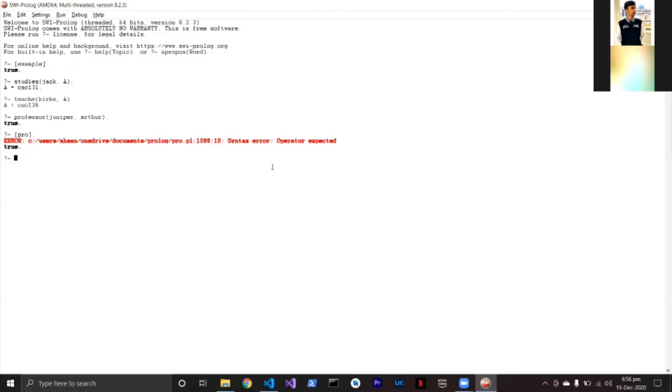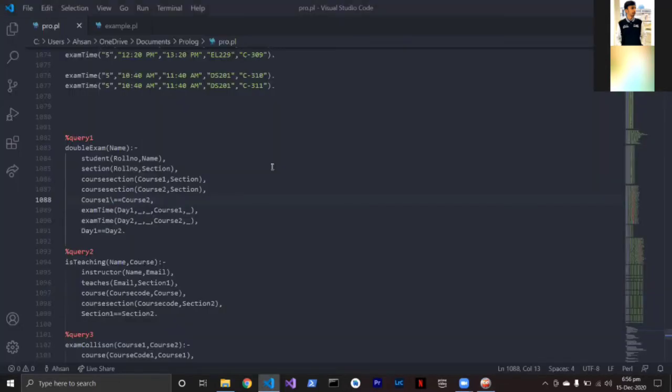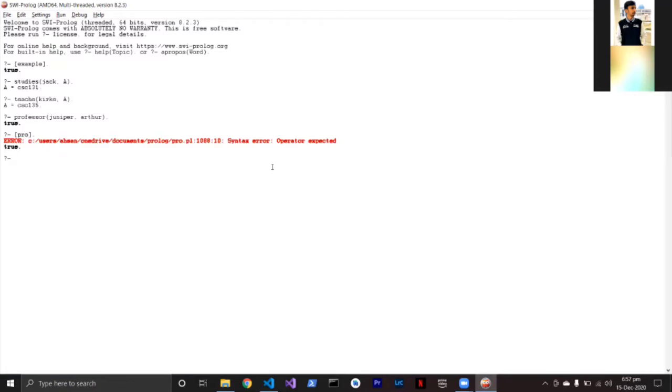Okay, it is giving an error. We can check that error. Yeah, that was the error of the not equal operator. We have used the forward slash while we should have used the backward slash.